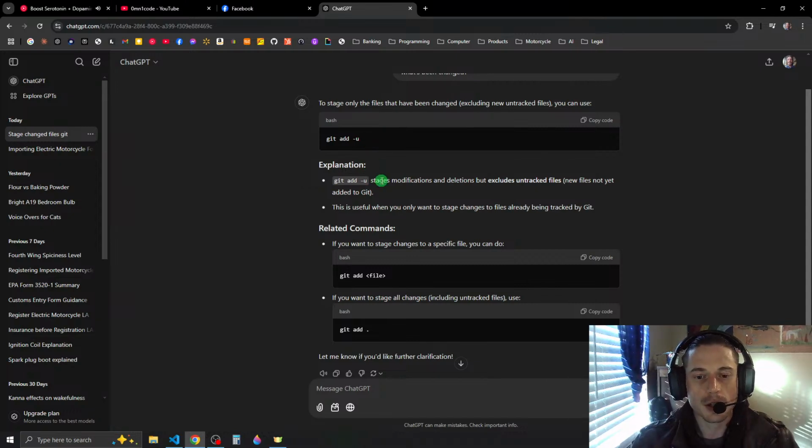Explanation: git add -u stages modifications and deletions, but excludes untracked files, new files not yet added to git. This is useful when you only want to stage changes to files already being tracked by git. If you want to stage changes to a specific file, you can do that. If you want to stage all changes,